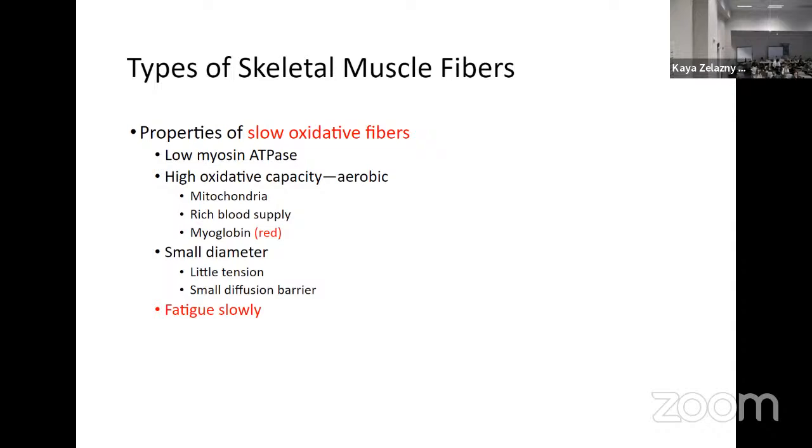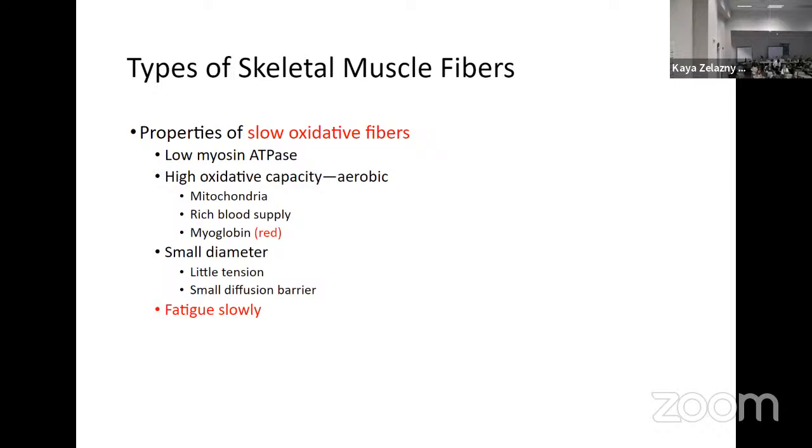So they're going to have the characteristics of being slow with the myosin, and they're going to have the characteristics associated with oxidative phosphorylation. So they have that low myosin ATPase activity, so kind of slower cross-bridge cycling, but